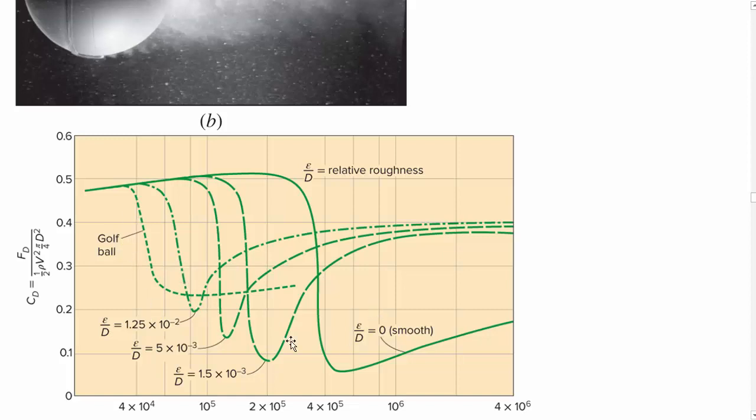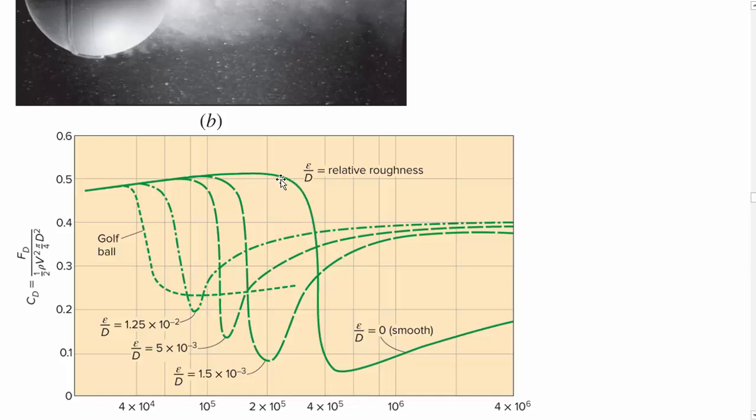Now, this is only in a certain region, which happens to be exactly around where the golf ball is. So for the size of a golf ball, if it wasn't dimpled to kick it into turbulence earlier, then you would have a higher drag coefficient. You would have higher amounts of drag because the flow stays laminar. As you increase the Reynolds number around this area, then even for a smooth surface, like this solid green line here,